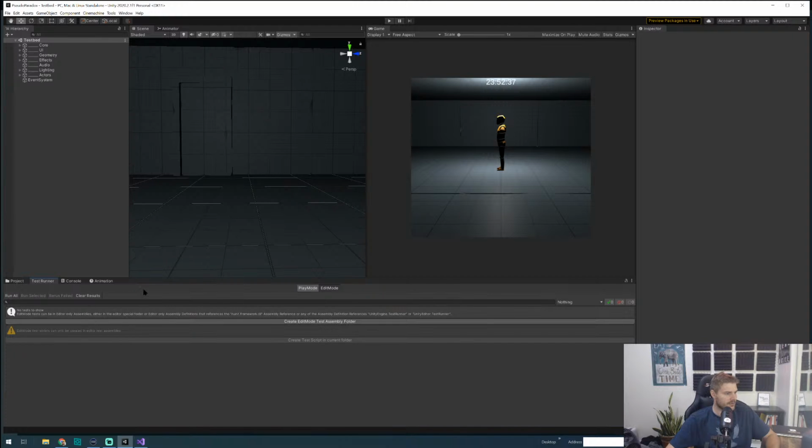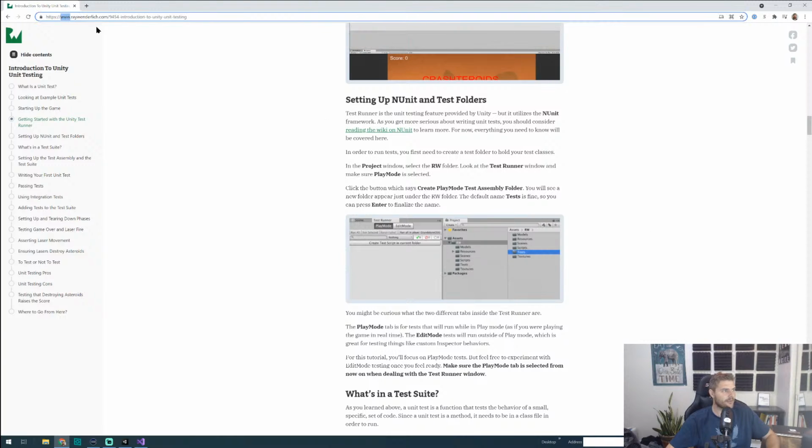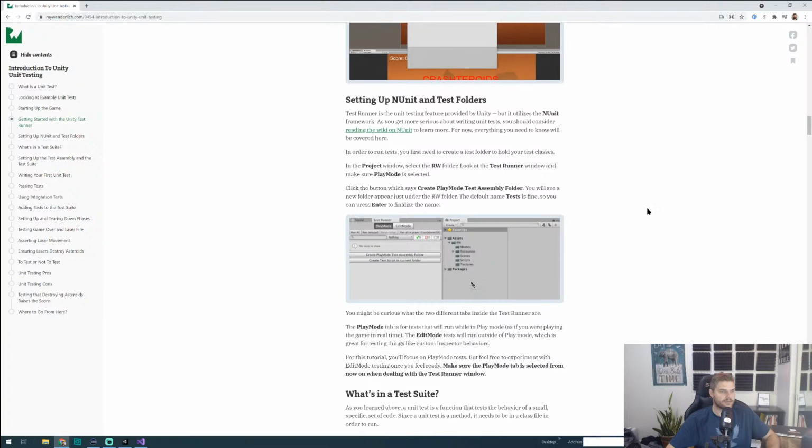So I found a good tutorial online, Ray Wenderlich, I think it's pronounced. I've used these tutorials before for their Android and iOS content, really nice stuff. So definitely recommend you check it out. This here's a free one. And so the step we're talking about here is in the test runner, you want to hit create play mode